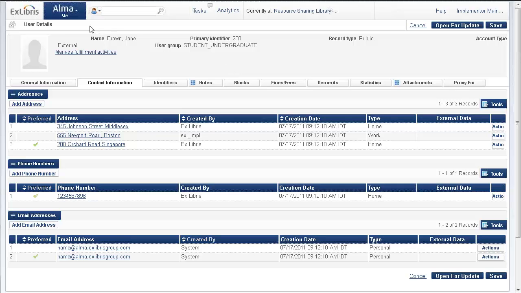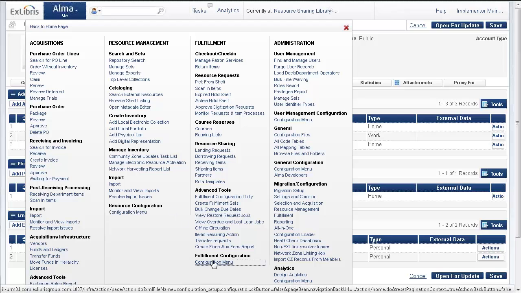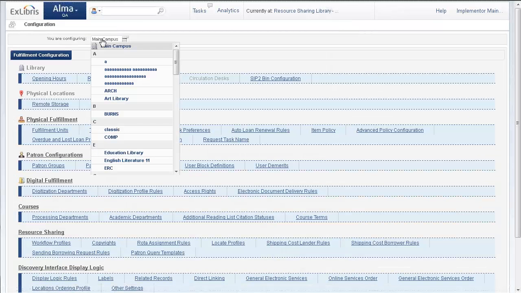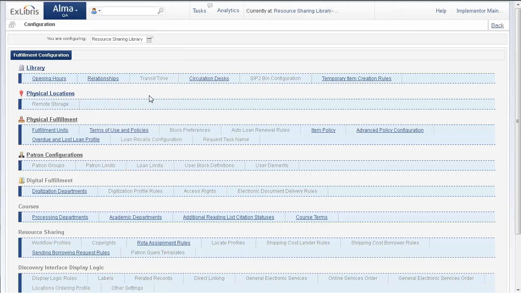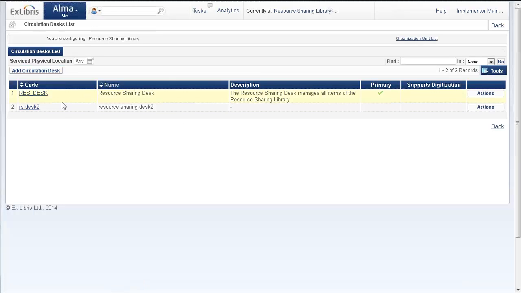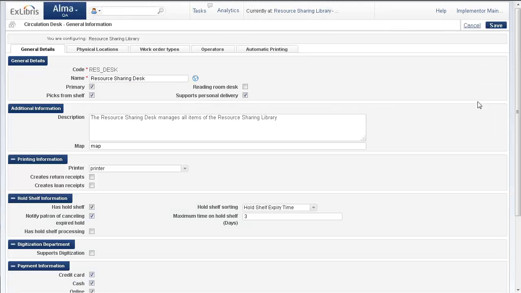So let's see how we configured that. It's in the Alma menu, fulfillment configuration. Now I have to make sure that I am configuring the resource sharing library. And under circulation desks, the resource sharing desk manages all items. Edit. And over here, you just have to make sure that this here is checked, supports personal delivery. And the last thing you need to configure is the terms of use of the fulfillment unit of the resource sharing library. And that,